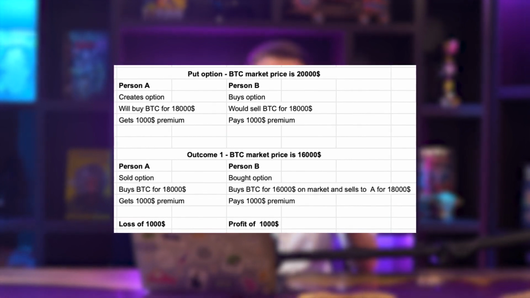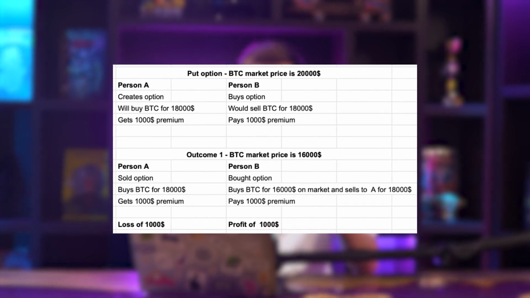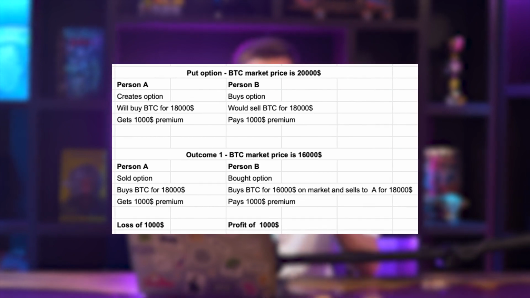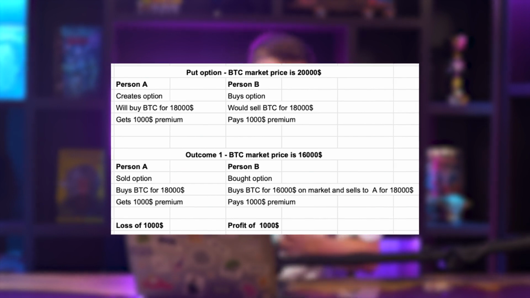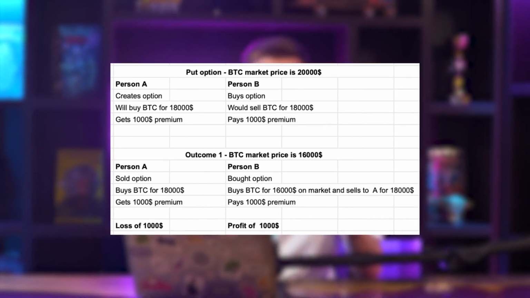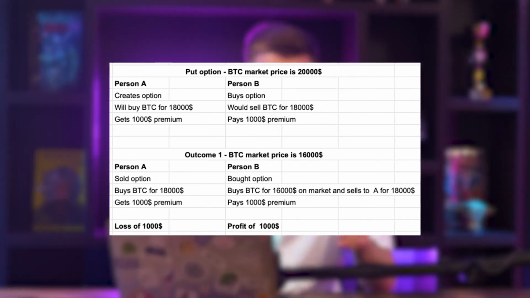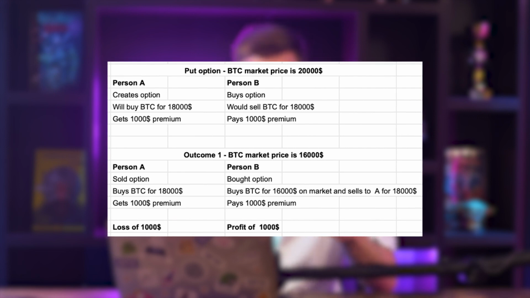Thus, person A is obliged to buy it from person B if he wants to sell. For example, Bitcoin's price is now again $20,000, as in the previous example. Person A sells an option saying they would buy a Bitcoin from the option buyer, so basically person B, for $18,000 in 1 week, regardless of the market price. So person B, thinking that Bitcoin will fall below $18,000, purchases this option, and again for the same hypothetical $1,000